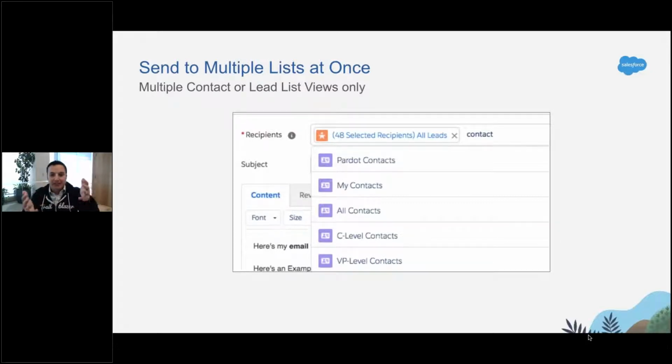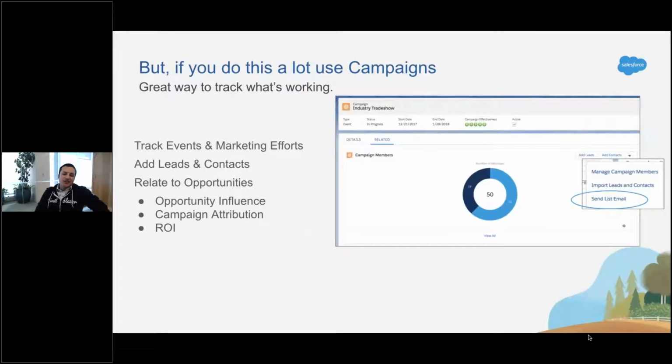I mean, that's a weird email to send, but you get the idea. I can have many, many list emails all sent at once, okay? So that's how you do the who, but you can also do it with campaigns, okay? So a regular list is just using criteria, like title or city or state, and you find everyone in that